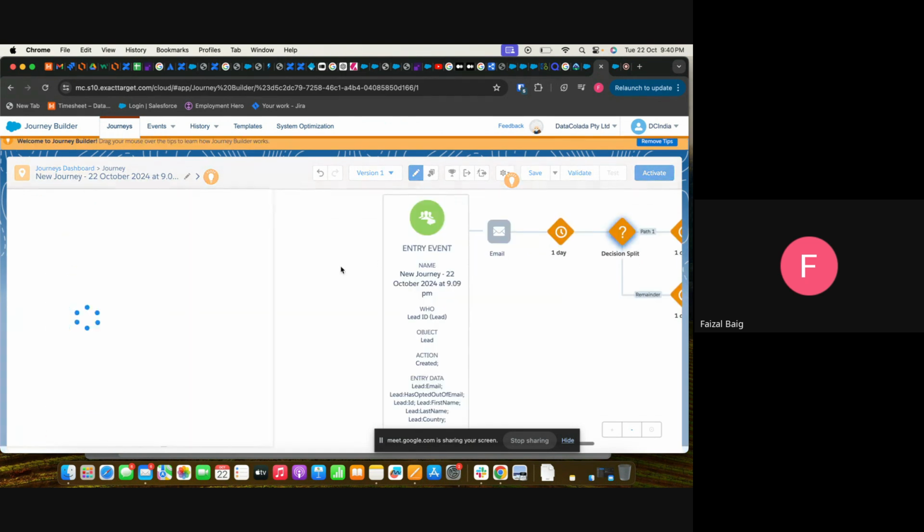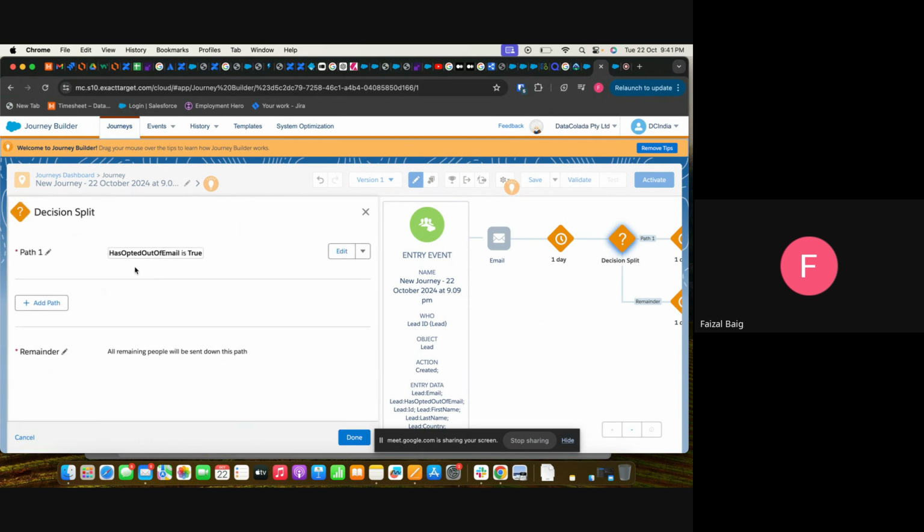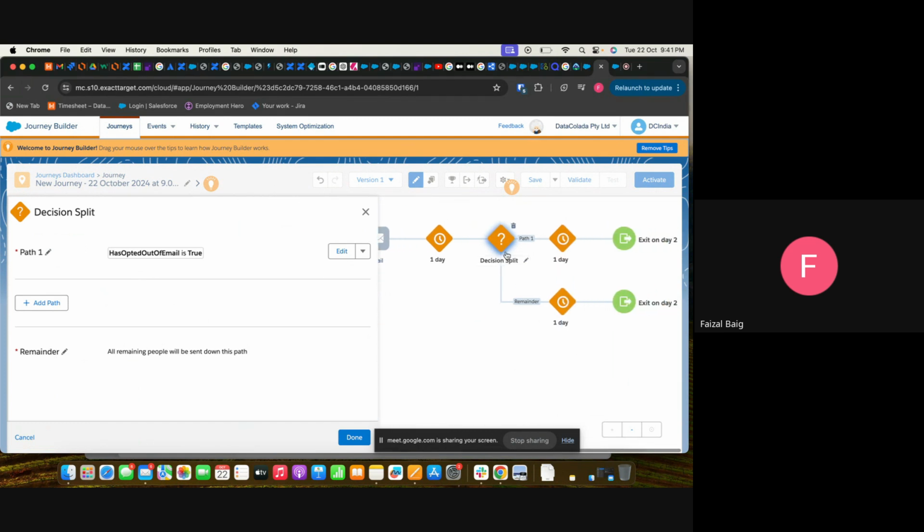This states that if the person has opted out, it should go to part one above. If I need to add this to this reminder, this is exiting, this can also exit.